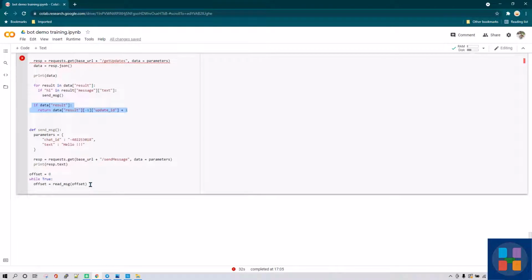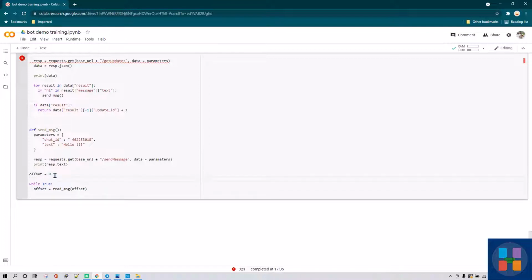And now here is the place where we were calling this function. Read message is the function which we were calling, and now we are passing the offset value to this function. Initially when we call it for the first time, offset is going to be 0, and then it is going to read the message, and then whichever is the latest offset, basically the latest update ID, that latest update ID is going to get assigned to offset,